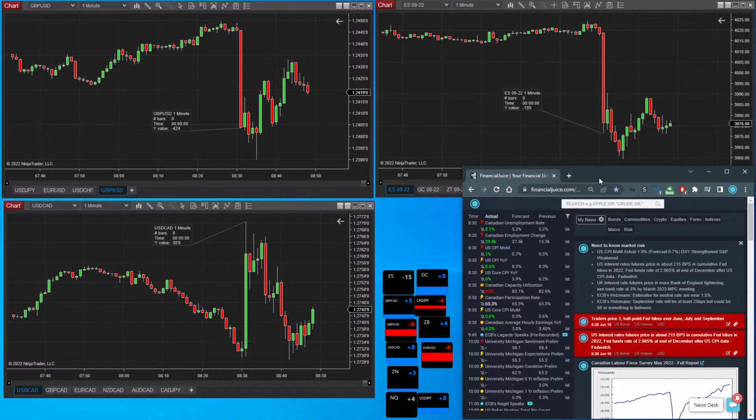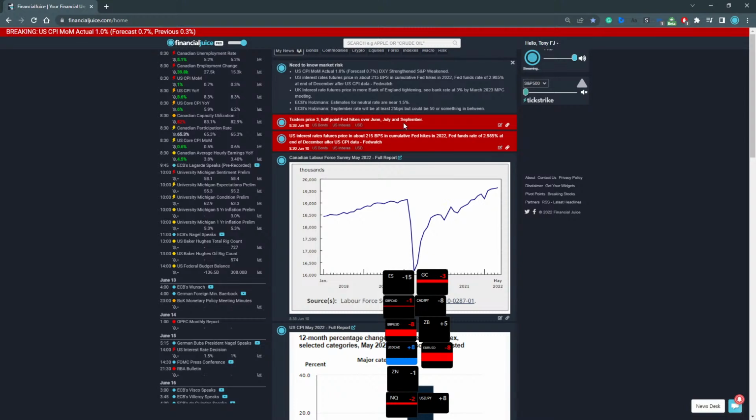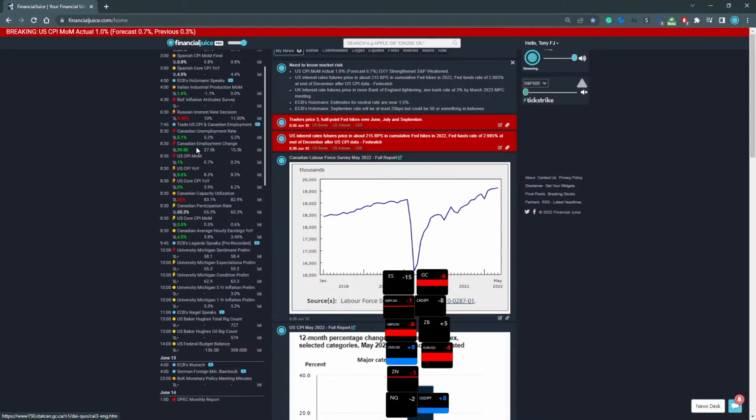This is high-grade stuff that isn't readily available to the everyday public to be able to go through and look at the fundamental bits of news. They'll see it on Twitter, maybe, but there might be a lot of delays, and you don't really get a lot of news coming through as well. But we have Financial Juice in one place where you get the news and the economic releases on the side here, and they're color coded as well. Not an indicator or advice, but just to show whether a figure was higher than the forecast or lower, depending on what the release is. And you also have your voice feed here as well, all in one place.